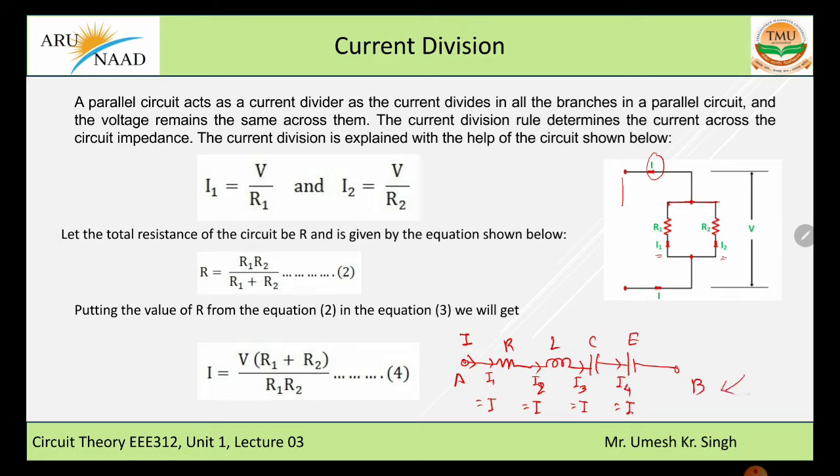This point will help you while solving network theorems like Thevenin and Norton, where you have to find the equivalent resistance. What we do there is assume a current in the circuit and see at which point the current is being divided and in which elements the current is the same. All those elements in which the current is the same are connected in series, and all those elements in which the current is distributing are connected in parallel.